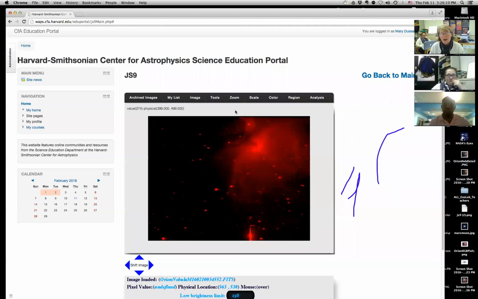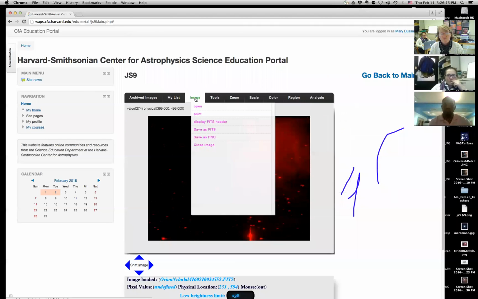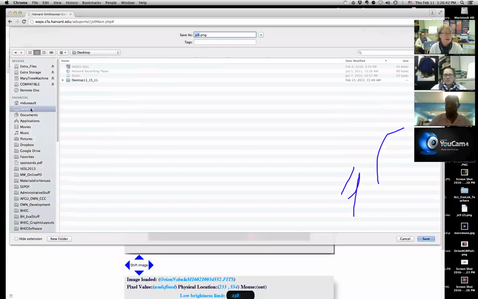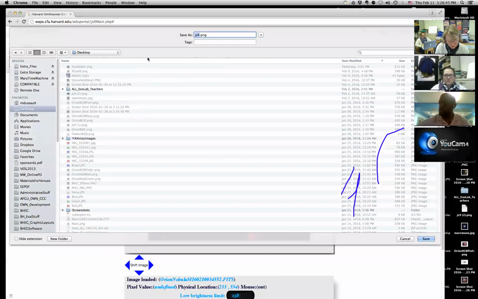Now, if you were going to do your RGB in Pixlr, remember that you would download each image as a separate PNG, and I'm just going to do that now. But I'm going to show you also how to do the RGB right in JS9. So I click Save as PNG. My computer is revving up somehow. Where do you want to save this? Come on. There we are. I'll save it on my desktop. Red